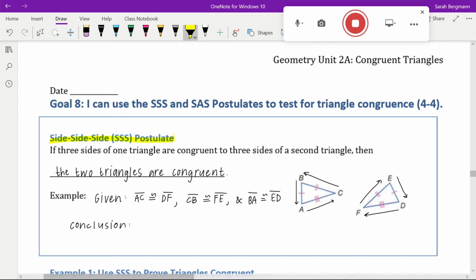The first, side, side, side postulate states that if 3 sides of one triangle are congruent to 3 sides of a second triangle, then the 2 triangles are congruent. So for example, if you know that AC is congruent to DF, CB is congruent to FE, and BA is congruent to ED, you have 3 pairs of congruent sides here, you can automatically conclude that the triangles are congruent. So we could say triangle ABC must be congruent